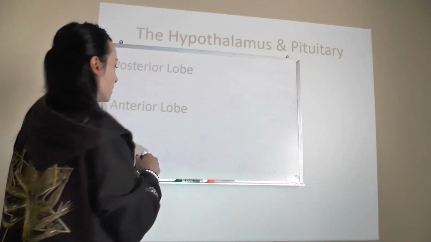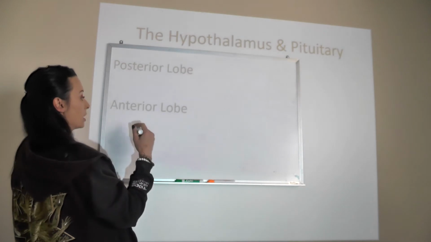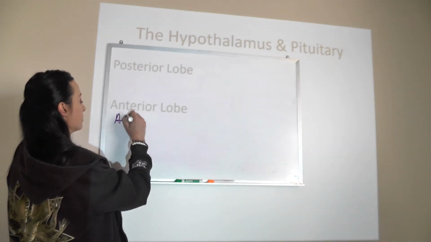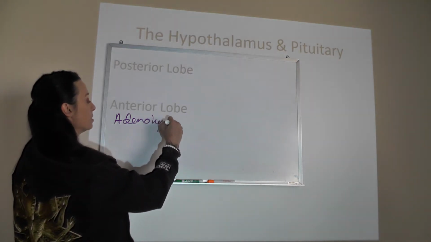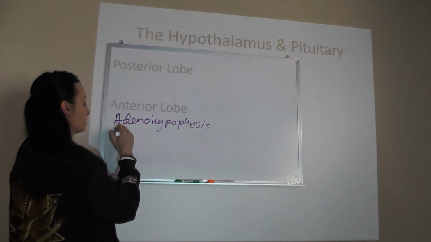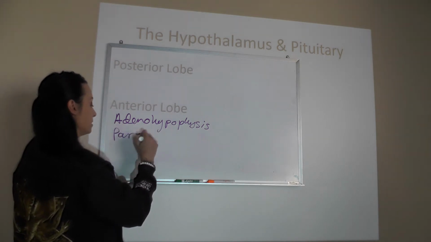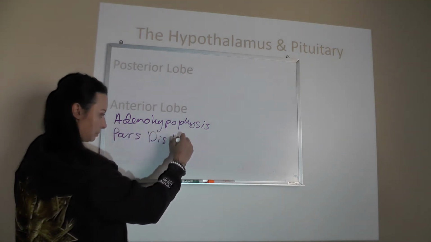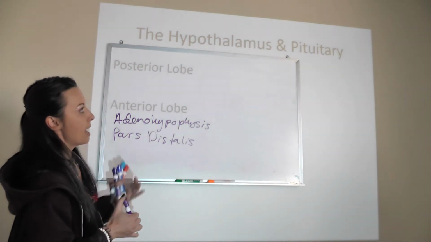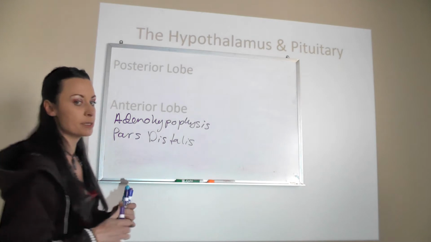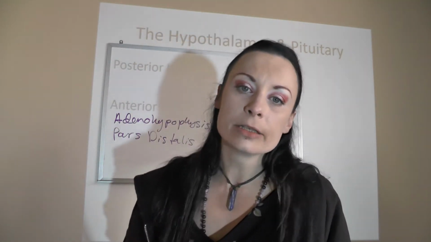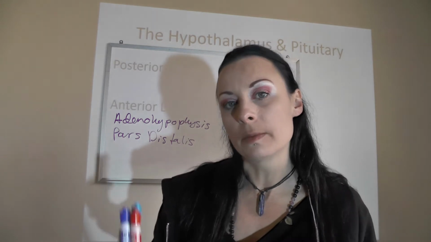So the anterior lobe, since it's cellular and since it's glandular, has a couple of different names. Adeno is the prefix for glandular, so we also call it the adenohypophysis. But it can also be called the pars distalis. And anatomically, it is not actually connected to the hypothalamus. The control that the hypothalamus exerts over the anterior pituitary is through neurohormones that are released into a blood vessel